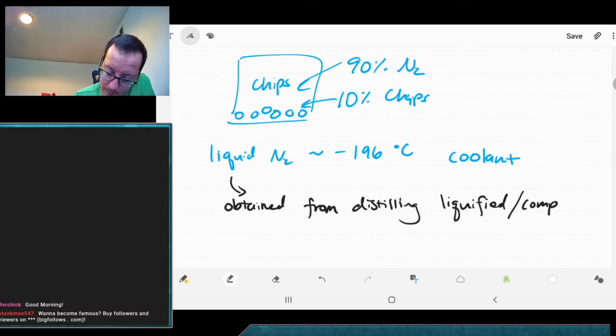Or compressed air. We saw we can get the oxygen out because it will condense at a higher temperature. But when we're dealing with liquid nitrogen, we also want to get the argon out because argon is more valuable. So it's probably a good idea to extract that if we can as well. So when we distill the nitrogen, we can separate the argon out too. Argon's interesting because it's a better protection agent